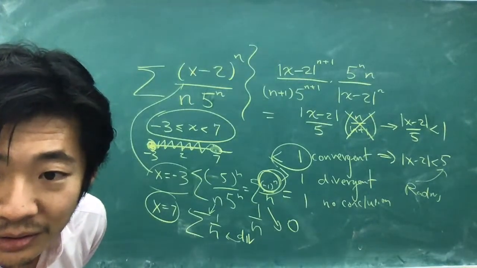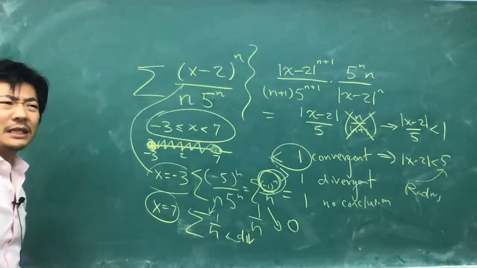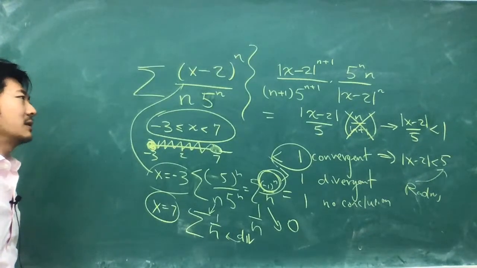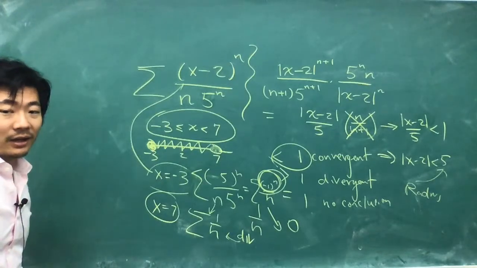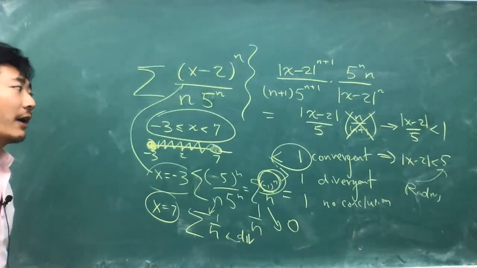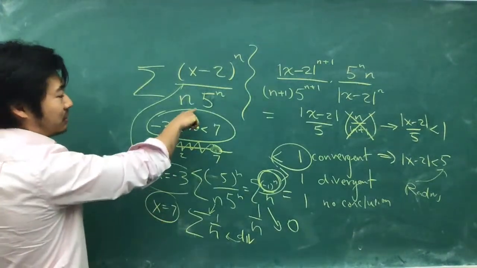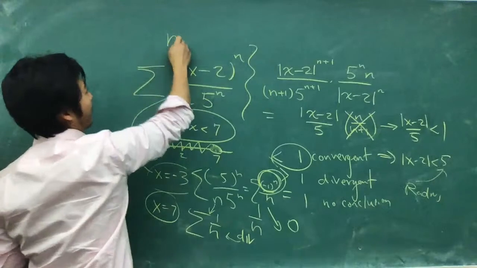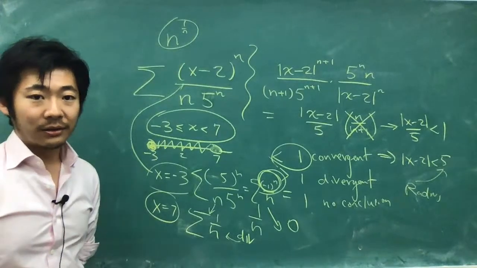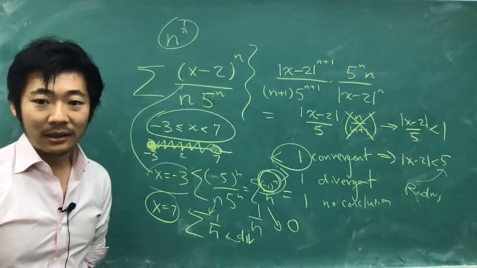Can we use root test as well? Yes, you should be able to for power series. But you have to be a little bit careful because computing the limit gets a little bit tricky. So I would recommend ratio test, but you can use the root test. If you do the nth root, then all this is fine, but then you end up with an n to the 1 over n, and then computing this limit is not that fun. Well, it's actually just take log, so it's not that bad, but I think ratio test is a lot easier. Anyways,